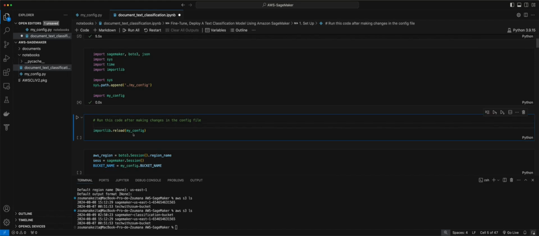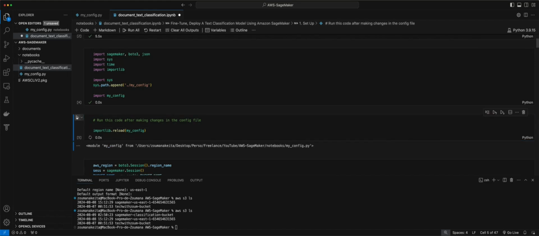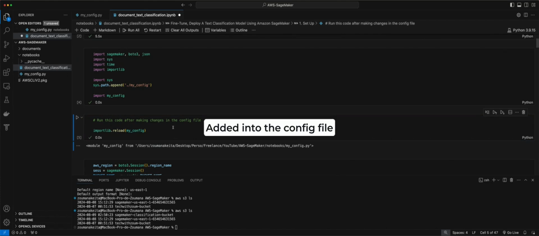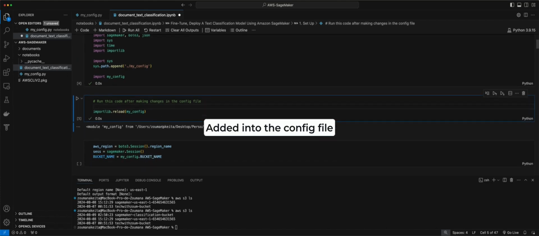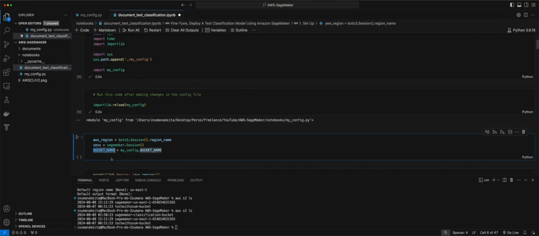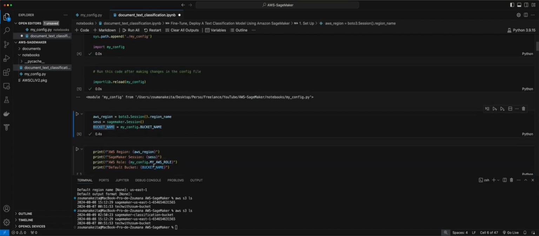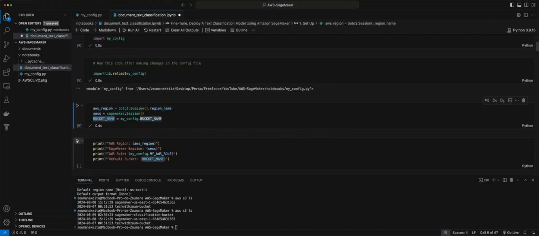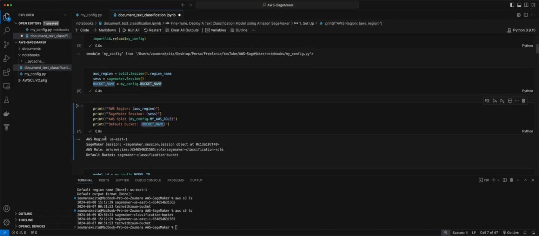After the change, we reload the configuration file so that the last information added into the function is taken into consideration. Now we can print or save the AWS region, the session, and the bucket name that is going to be used. So we have that information available and we can print it here. We have the AWS region, which is us-east-1. The SageMaker session is the session that is going to be used. The AWS role is the one that we have created,